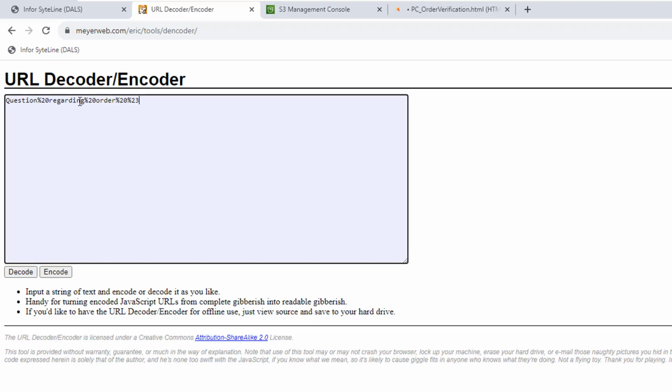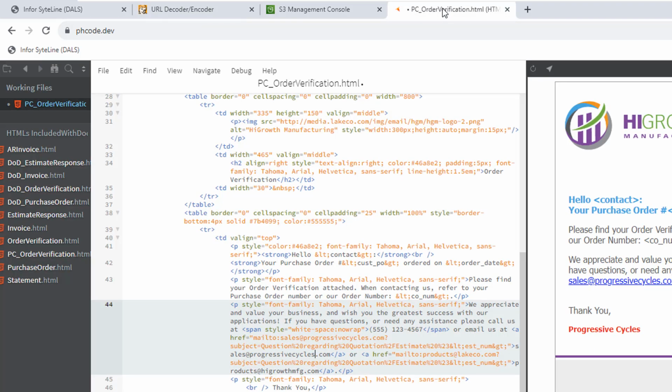I'll copy it, go back to my template, and swap it out for the old code. Next, instead of the estimate number tag here, I want to embed the CONUM tag. As we saw before, these are the codes for the left and right arrows.